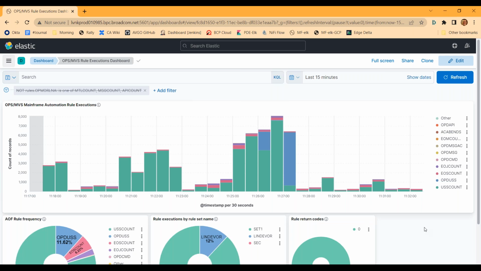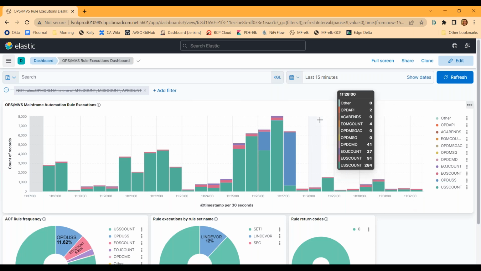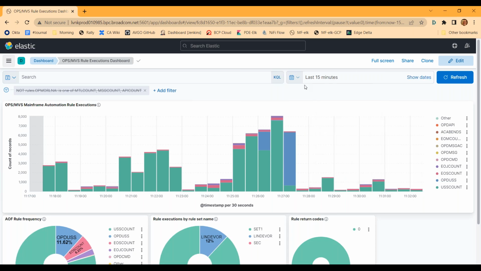visualization. But in that ops log data that ops log is sending, and we're consuming, there's information in there from those messages about which rules fired and how often. And what you see here is, in the past 15 minutes, which rules have fired and how often they fired. So over here on the right, you can see.